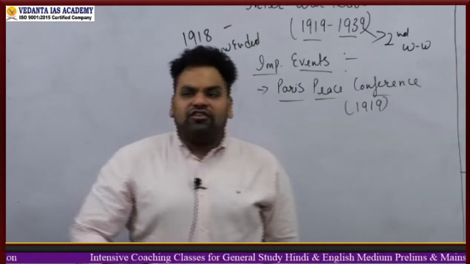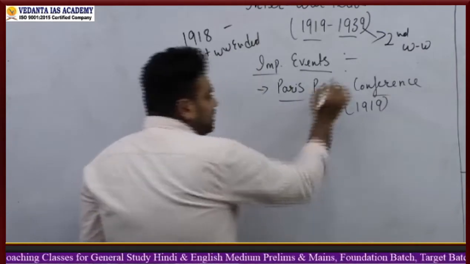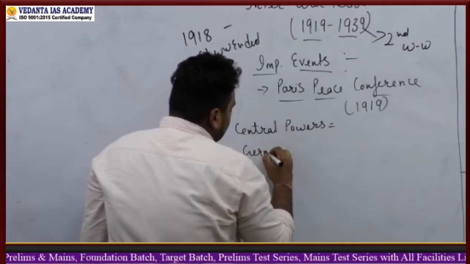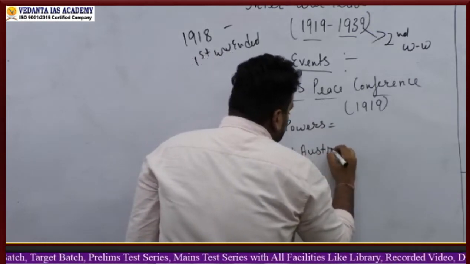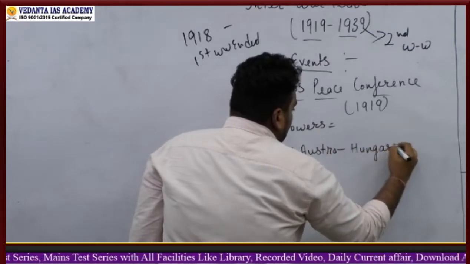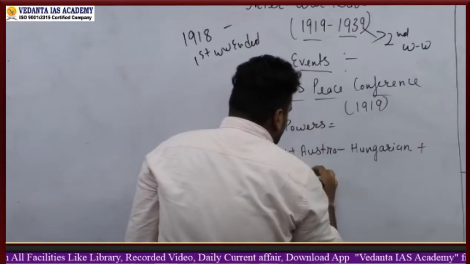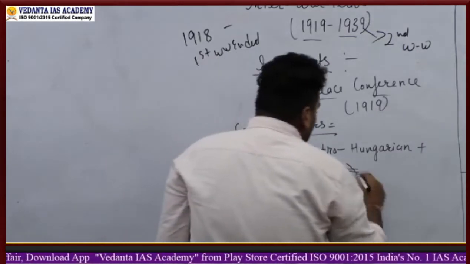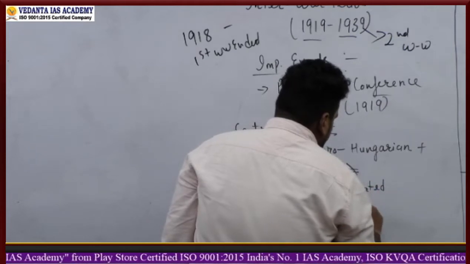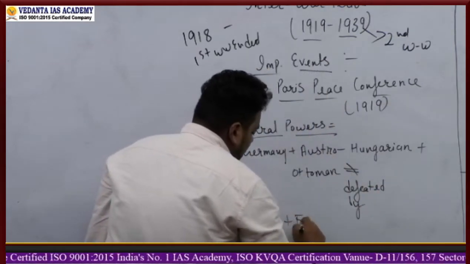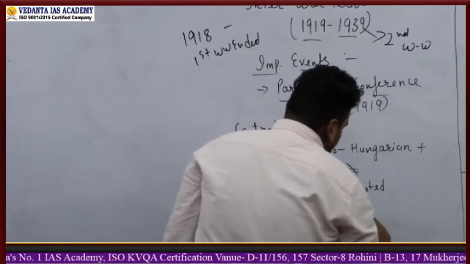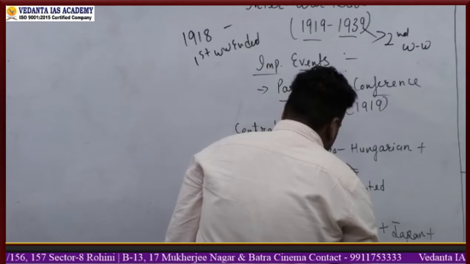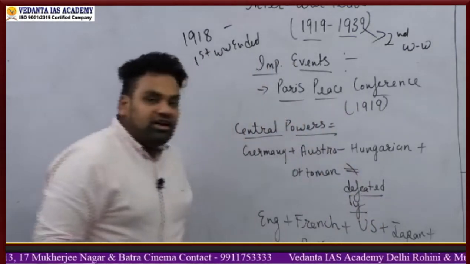So the Paris Peace Conference was what? Once the Central Powers, that is your Germany, your Austro-Hungarian plus Ottoman, right, were defeated by the English plus French plus your US plus your Japan plus your Russia, right? So when the Central Powers were defeated by these Entente powers,